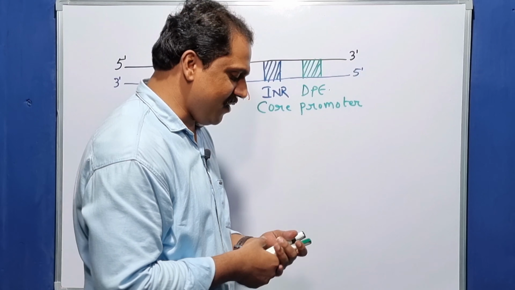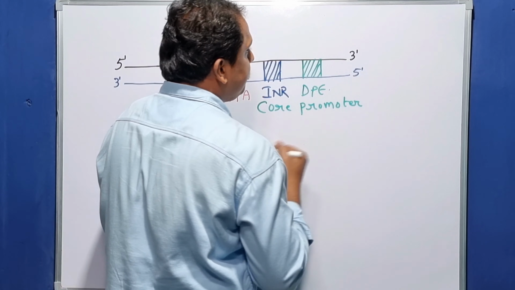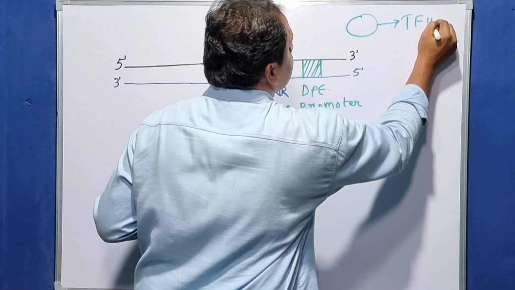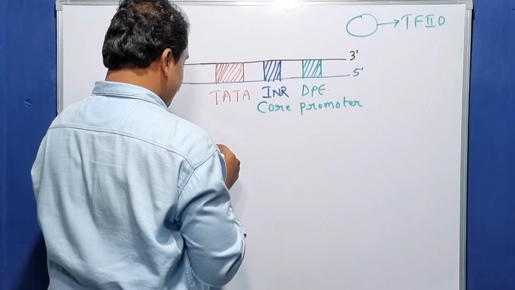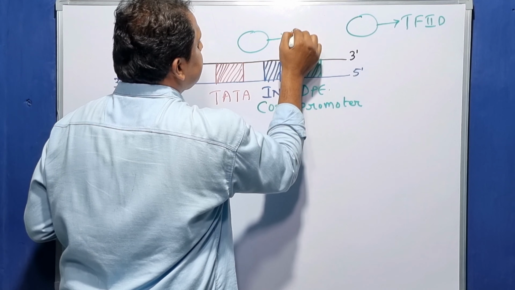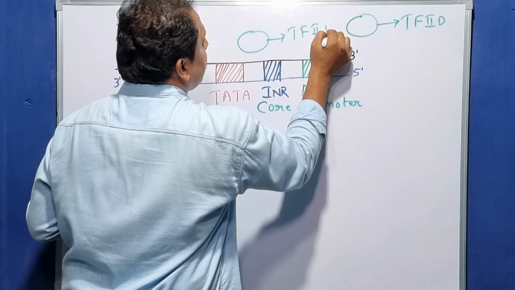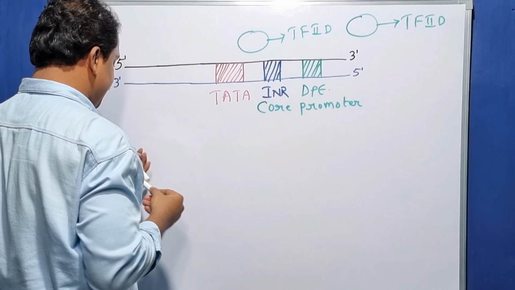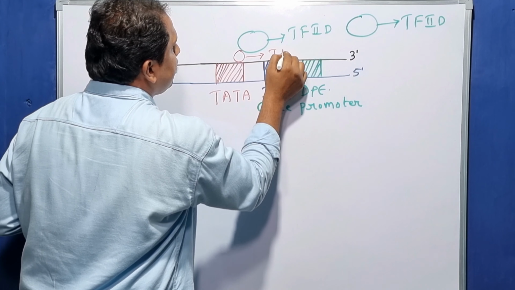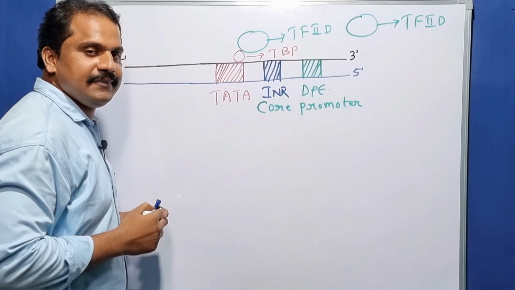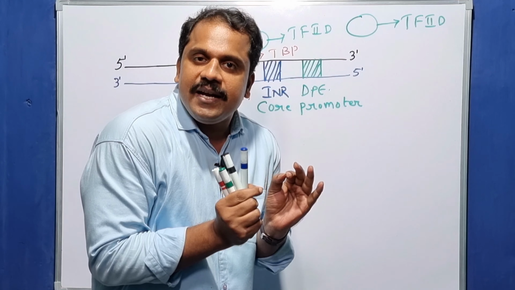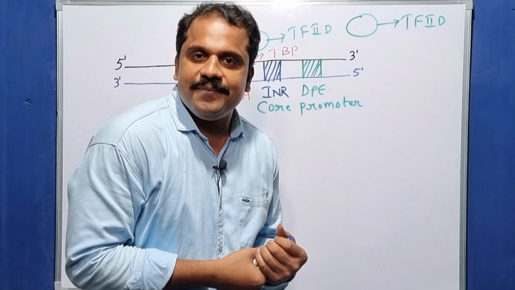So let me write it here. What is it? TFIID. So here the TFIID transcription factor is capable of recognizing the TATA element by taking advantage of TATA binding protein. Is it clear? So after the successful recruitment of TFIID to the TATA element, in the very next step, the